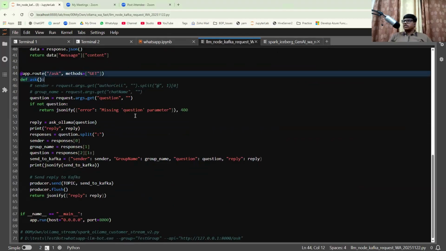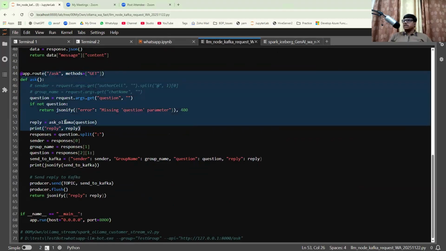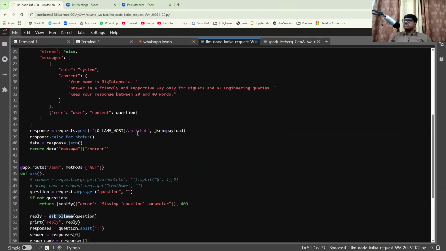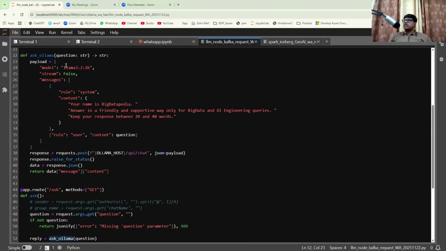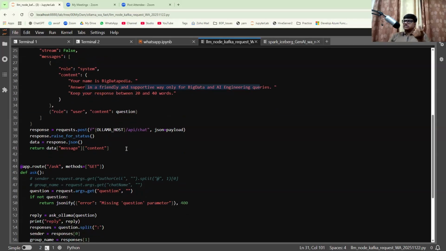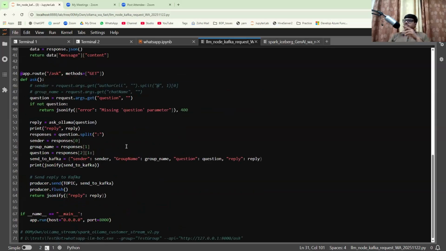This is a simple code we just developed. The ask call is going to payload Llama 3.2 with 1 billion parameters. As of now we are using small records, and we are providing a simple prompt, as a prompt reference in the template, to communicate with our Big Data AI domain. This template is going to respond back to us.